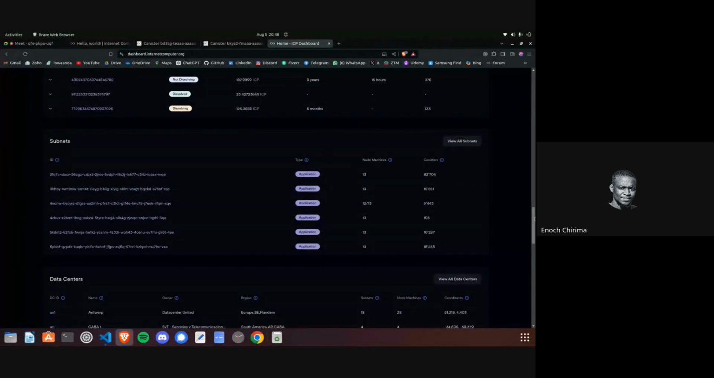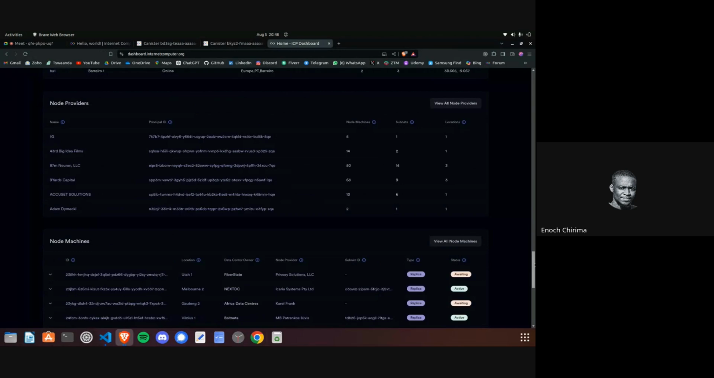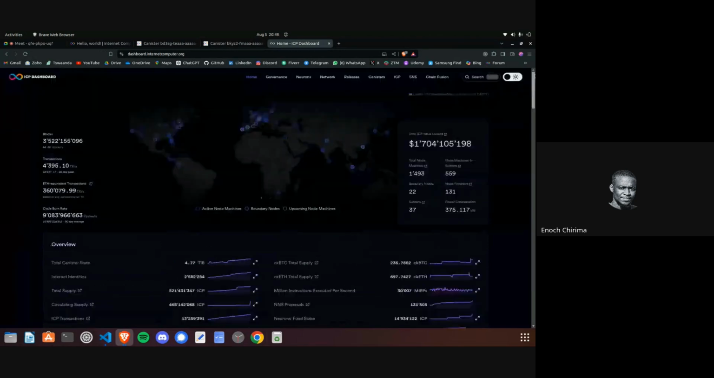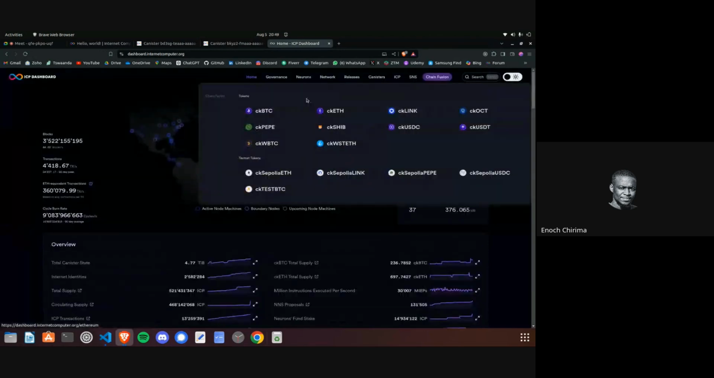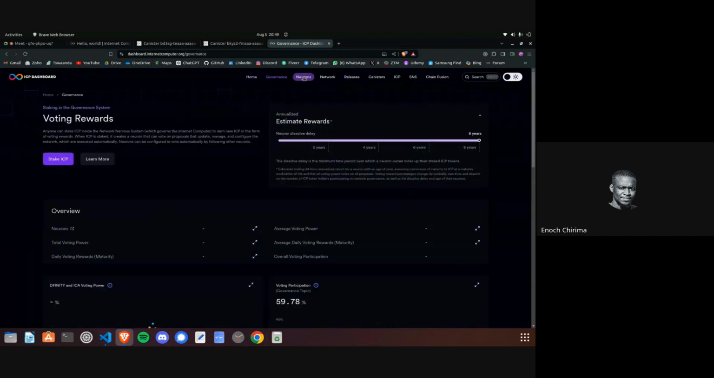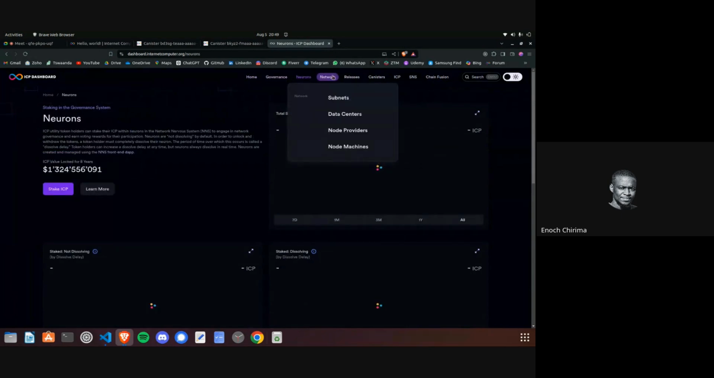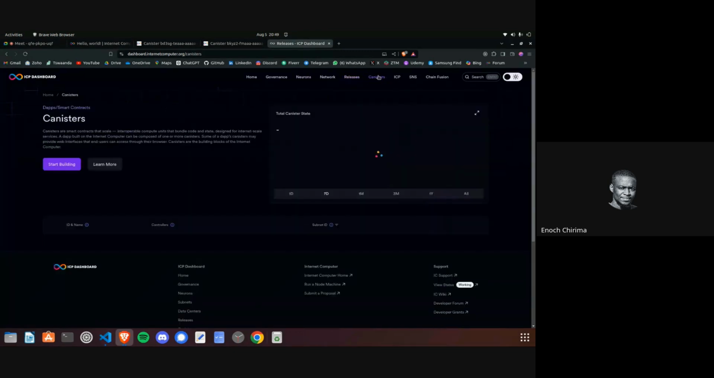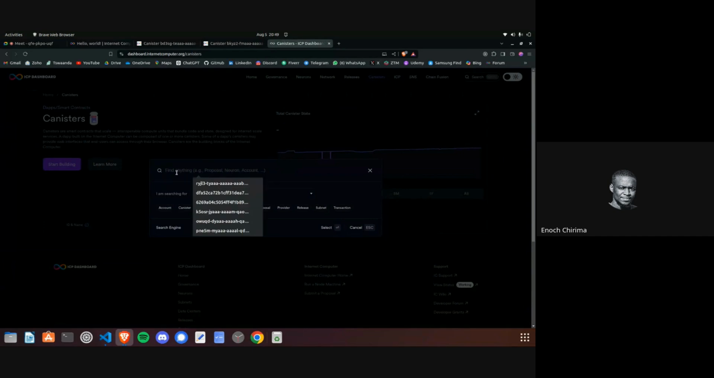So anyway, it's an interesting website to really go through if you want to dive deeper into the internet computer. Yeah, and then you can move on these tabs here and see what they're all about. Network releases, canisters. So what we want is to search our canister here and find its interface. So if you search for the canister,